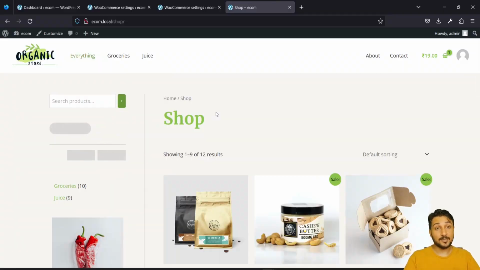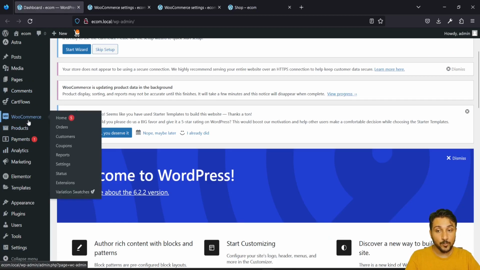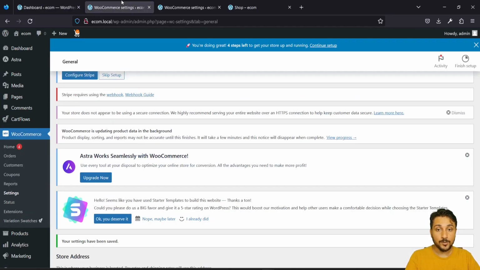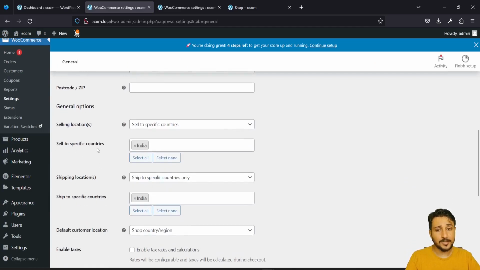So guys, I'm here inside my website, in the backend where I've logged in. Now the first thing that you need to do is go to your WooCommerce, go to your settings. Once you do that, make sure you're in your settings. You have set this